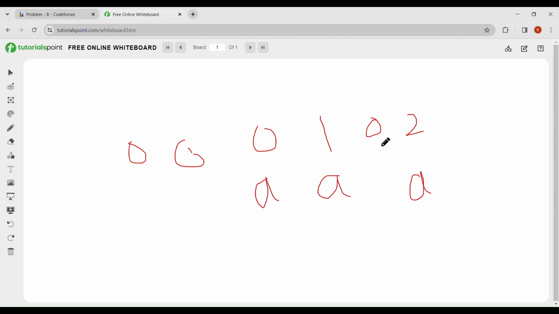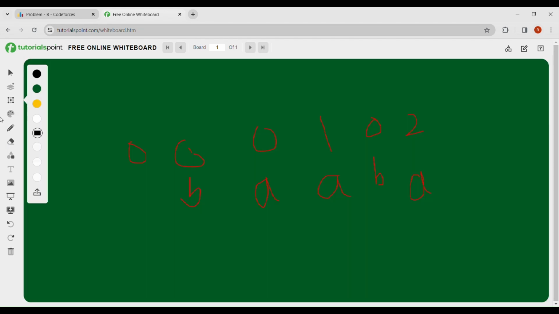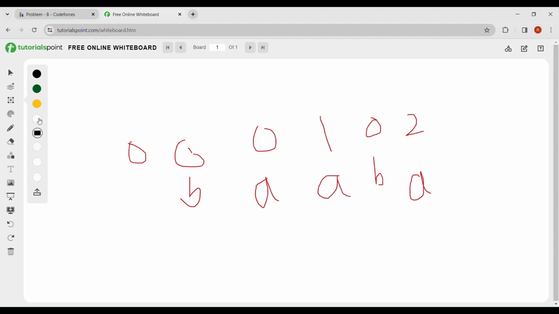Now if 0 is there, if we place b here, then in the next place there should not be any b, because if we keep b here, then the count of this one will be 1. Sorry, wait, the count of this one will be 1, and that is not the case which is provided. So what we need to think is, my approach was to just think from the beginning,